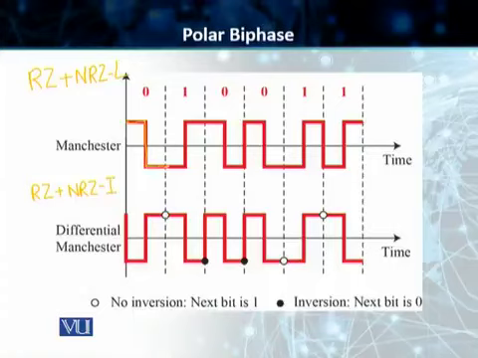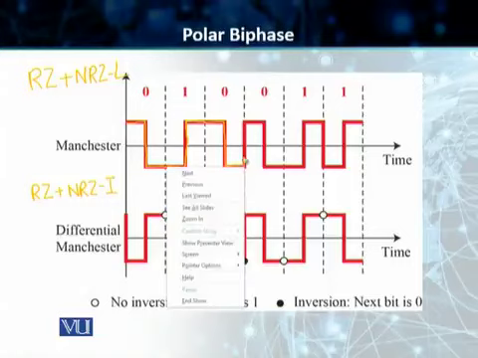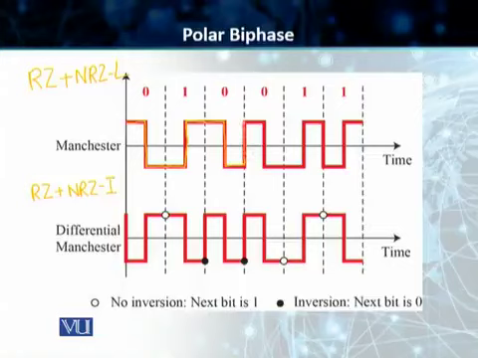Now the next bit is 1. We start from the negative voltage, make a transition to the positive voltage in the middle of the bit and finish at the end of the bit. Next bit again is a 0. We start, make a transition, finish here. The next bit is 0 again, so we cannot start from the negative voltage. We make a transition all the way to the positive one and start here, and then the next bit is 1. We carry on. The next bit is 1 again, so we come back to the negative voltage and we carry on. Students, before we discuss the advantages and disadvantages of these two biphase techniques, let's discuss differential Manchester